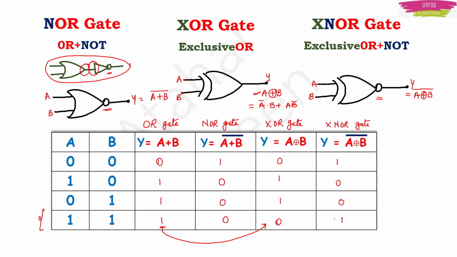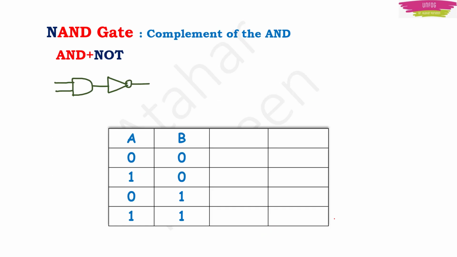Now AND gate is also having one more type, which is called a NAND gate. This is a complement of AND gate, and this is made by one AND gate and one NOT gate. So this is a combination of AND and NOT gate, and this is the symbol. Here the output of one AND gate is connected to the input of a NOT gate. So this is the symbol with a bubble, and inputs are A and B and output will be Y. And for NAND gate, the Boolean expression for the output will be the complement of A into B.